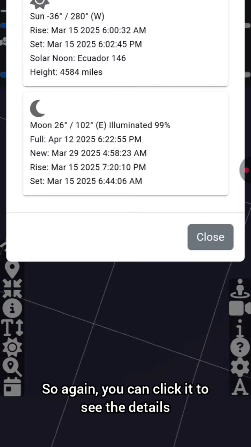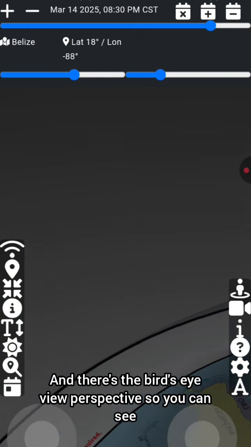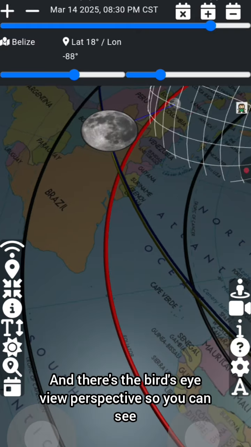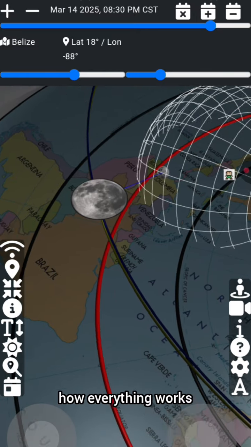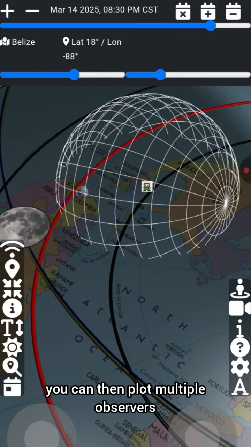So again, you can click it to see the details if you're curious. This is very accurate. It matches everything that we would see in real life. And there's the bird's eye view perspective, so you can see how everything works. And for those of you who want the pro, you can then plot multiple observers